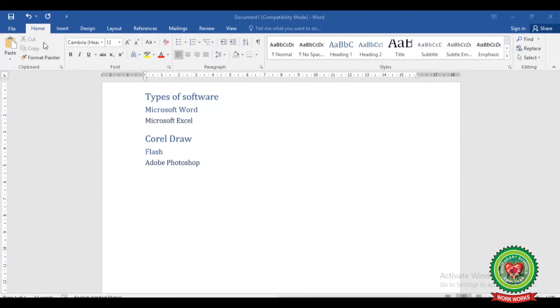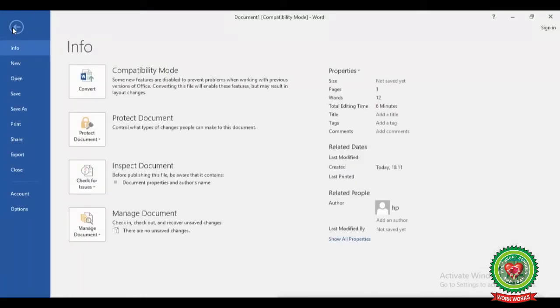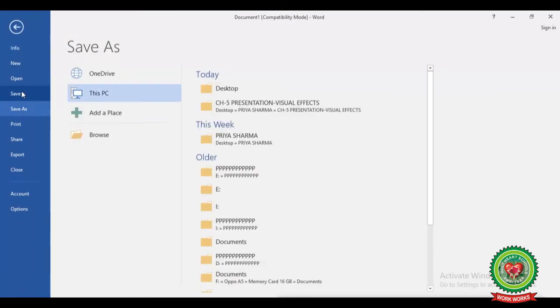Now we have to save this file with our name. To save the file, click on File tab. From File drop-down menu, click on Save option. There you have to choose the location where you want to save your file. For example, I am going to select the option Desktop.